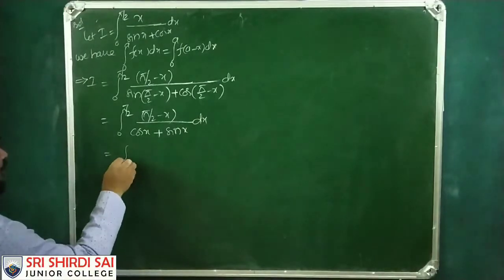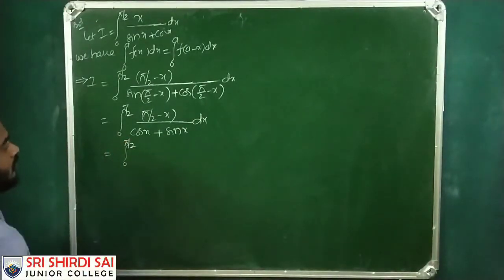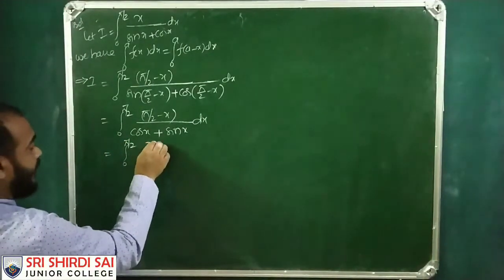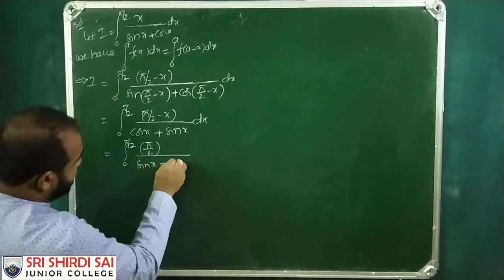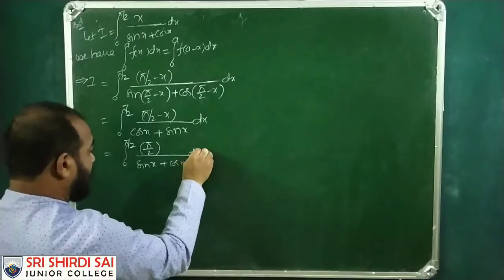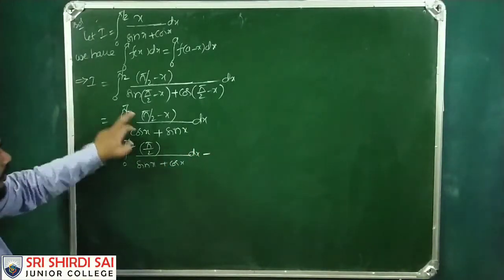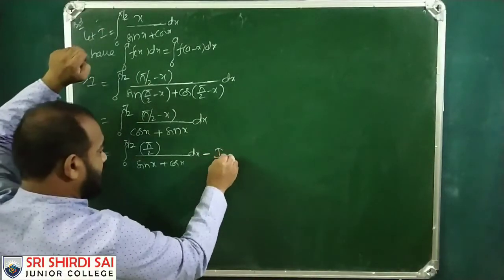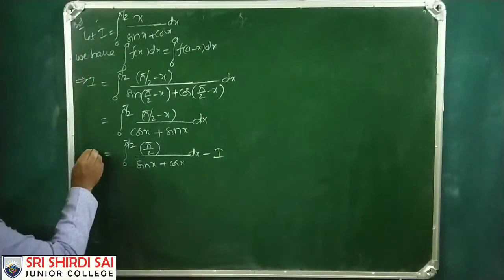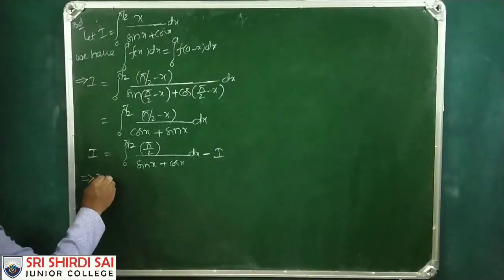Now this is the integral 0 to pi by 2 of pi by 2 by (sin x plus cos x) dx minus the integral 0 to pi by 2 of x by (cos x plus sin x) dx. This is I. So 2I is equal to pi by 2 times